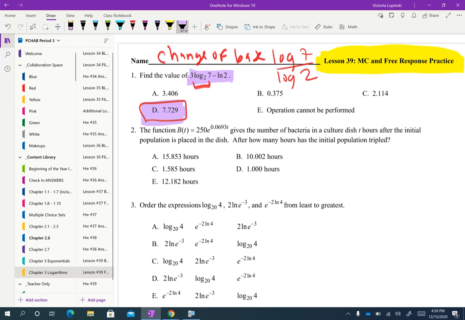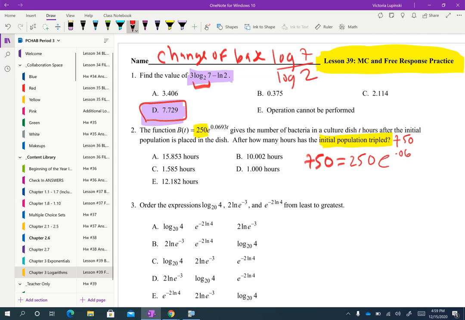In number 2, they give you a function that represents the number of bacteria in a dish t hours after the initial population. After how many hours is it until the initial population tripled? So looking at this equation, B of t, you of course want to make sure you understand which number represents the initial population, which would be 250. If you want it to triple, you would have to take that 250, multiply it times 3, and that would give you 750. So you basically want to set this equation equal to 750 equals 250,